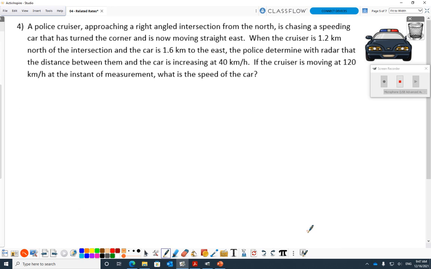These are good. A police cruiser approaching a right-angled intersection from the north is chasing a speeding car that has turned the corner, is now moving straight east. I'll draw a picture in a second. When the cruiser is 1.2 kilometers north of the intersection and the car is 1.6 kilometers to the east, the police